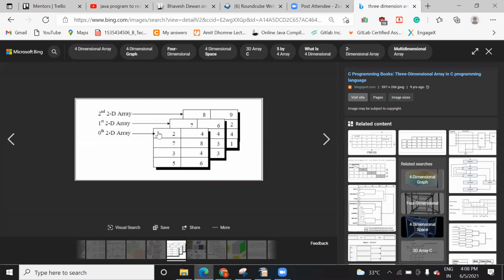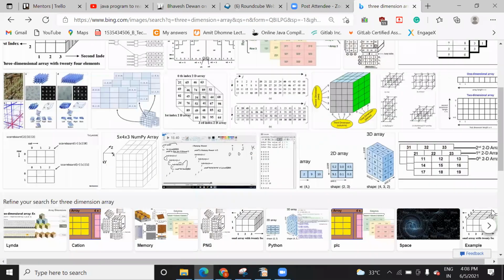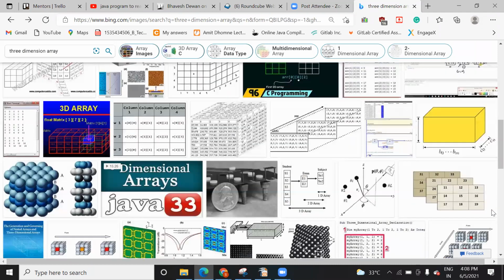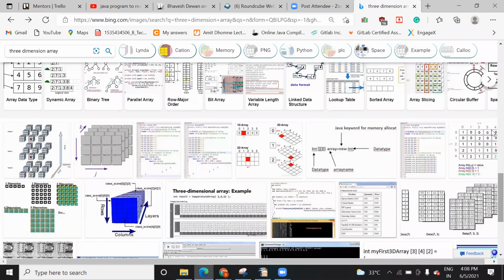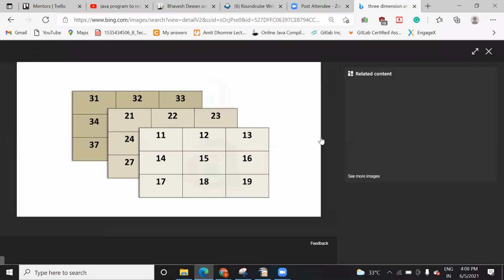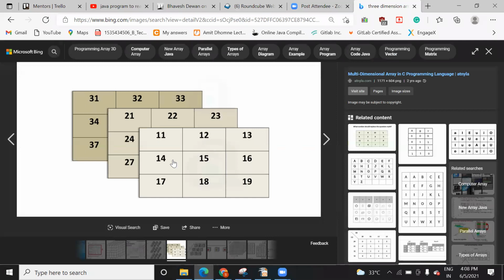The first index will keep the record of which block I'm talking about out of these three. The first index will tell you which block of the array you are talking about, like the first block, second, third block.